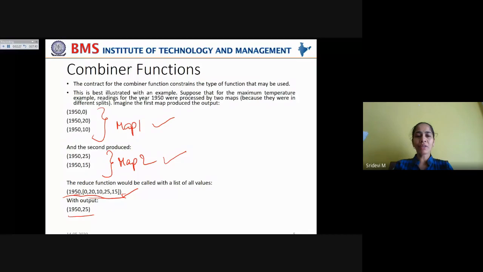So the map job is passing all this list of values across to the reduce job, which utilizes a considerable amount of bandwidth.